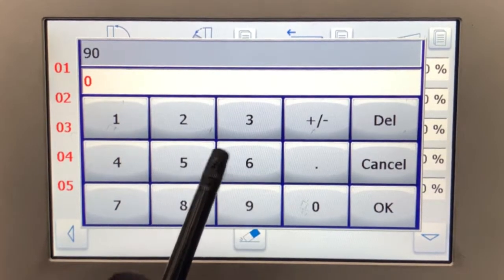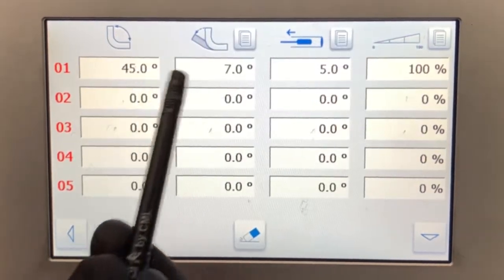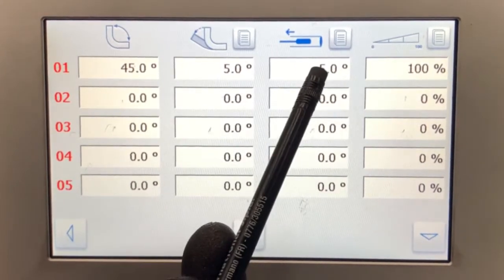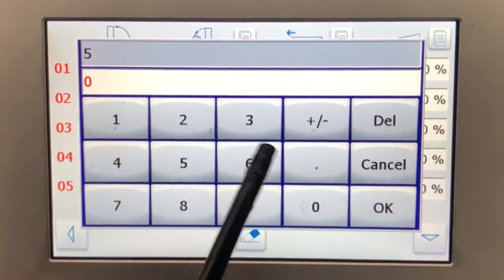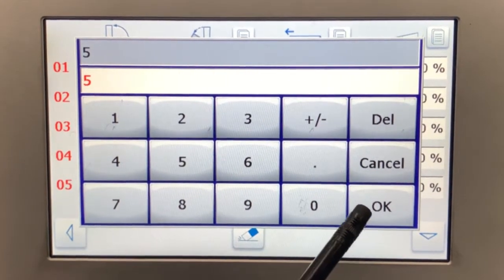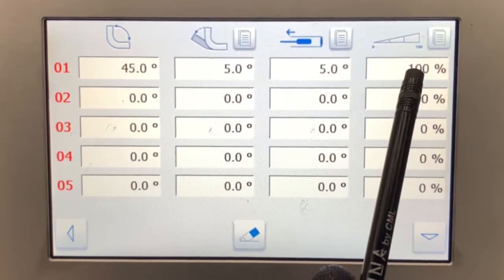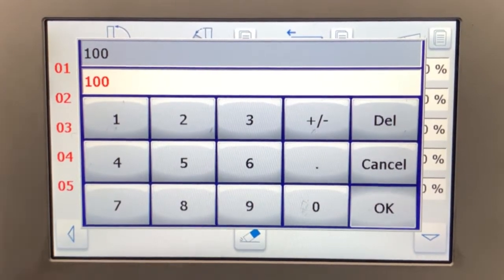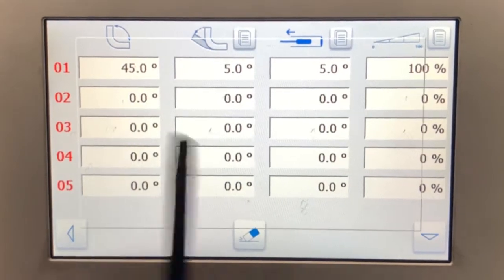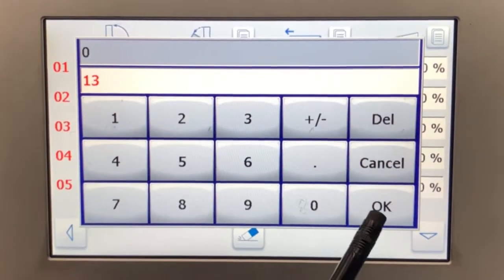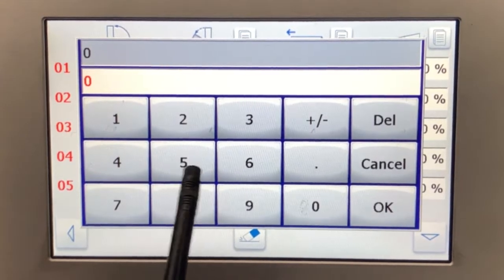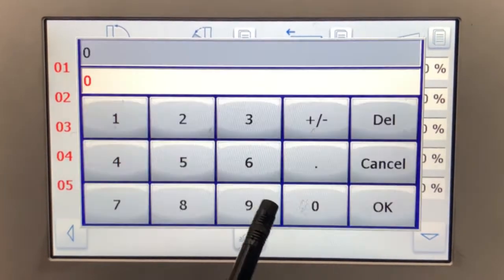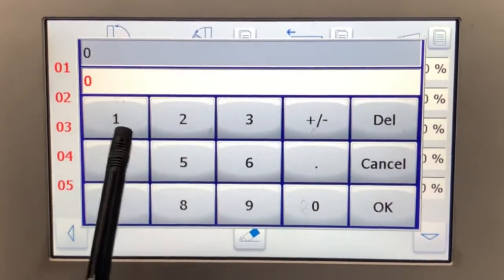you select first row, for example 45 degrees, you insert the spring back angle, the anticipated manual retraction, that is a value between 3 and 5 is normally okay. The general speed of the bend, I put it at 100%. Then I can edit this value in automatic. A second bend, if there is. And again, the speed.